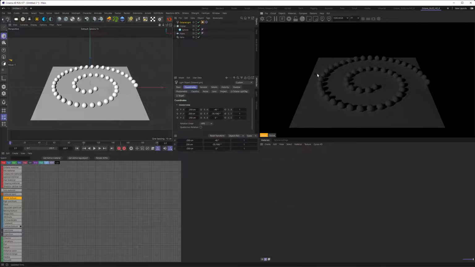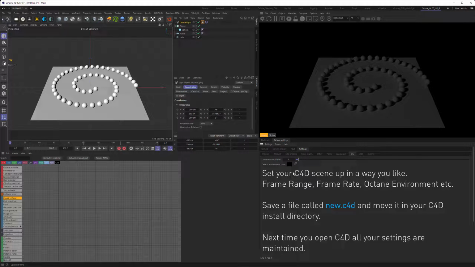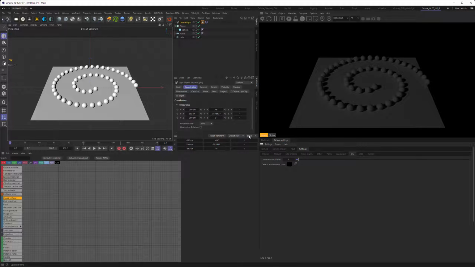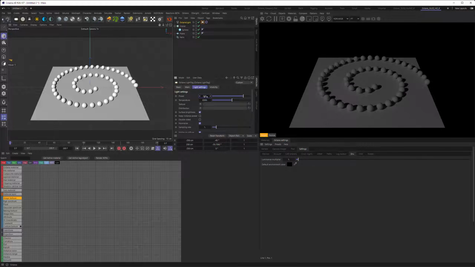The result here might look different from yours. This is because I changed the environment to be black. I had complained about that in former videos. Users pointed out you could save a new C4D file with this turned black, and this is what I did, and it works beautifully. So let's make the light a little bit brighter by going here and setting it to maybe 250 or even 500. This is looking great.